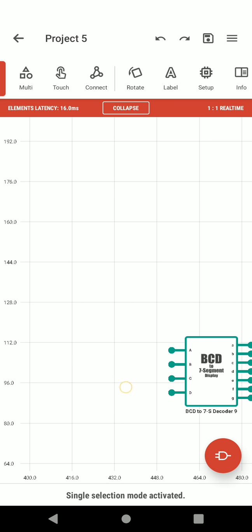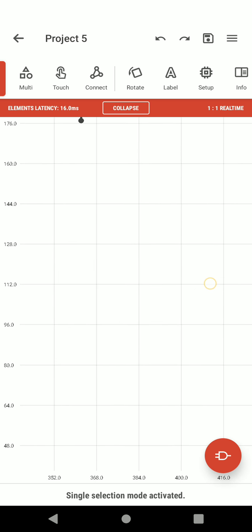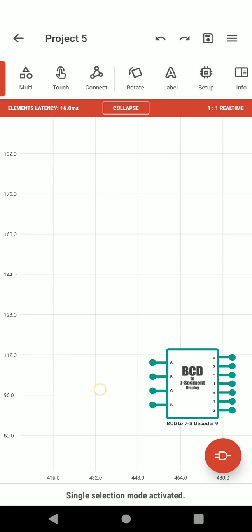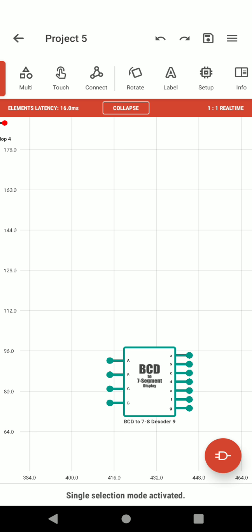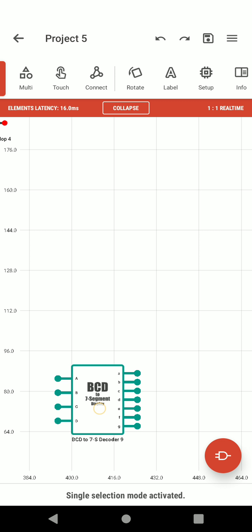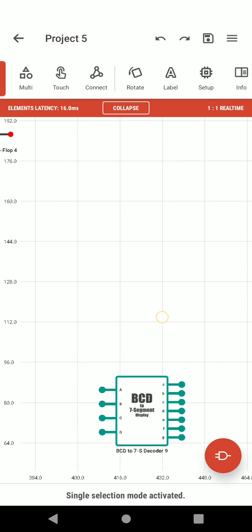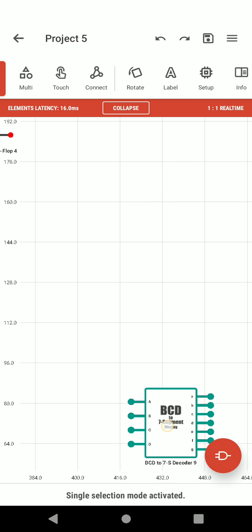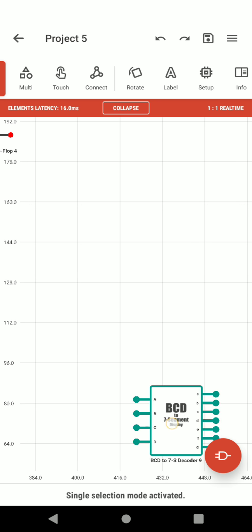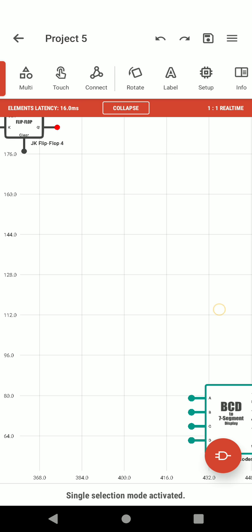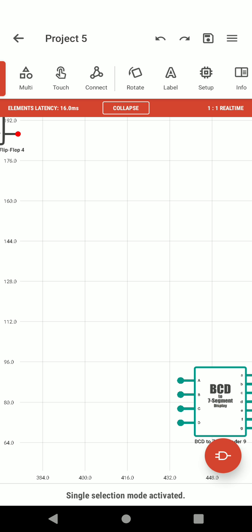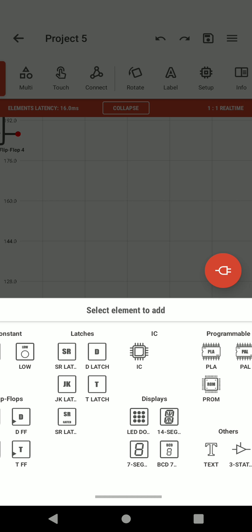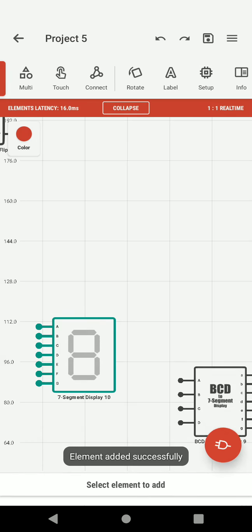So for the conversion of binary numbers into decimal numbers, so binary system to decimal system conversion, we need this. Here it takes the inputs from the 4 flip-flops. This is very necessary, very important. And next we have to add 8 segment display so that we can see the numbers.